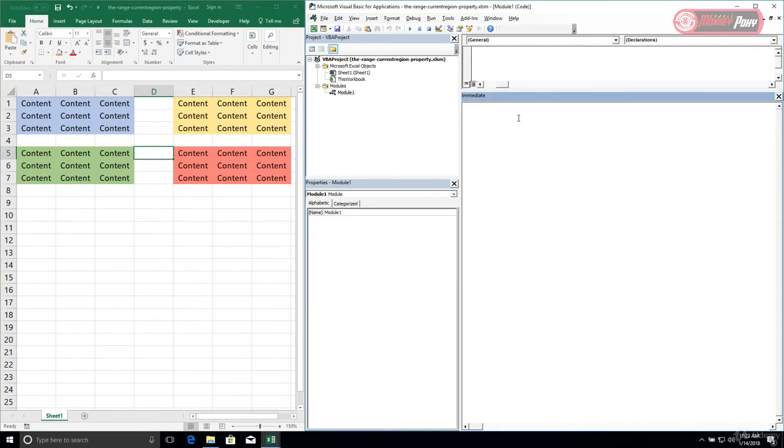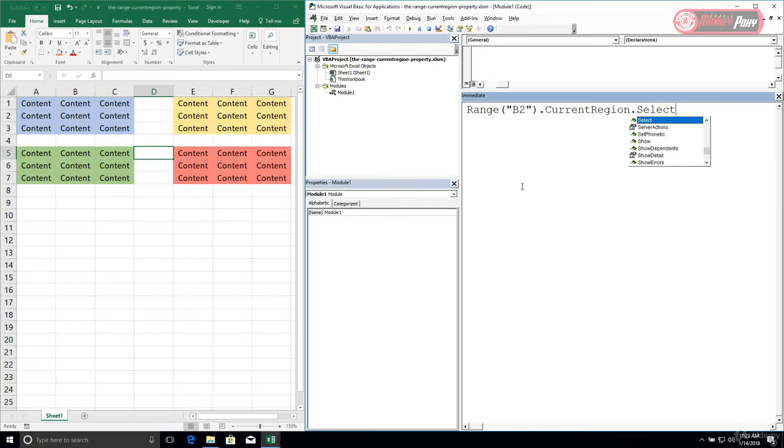What current region is going to do is look for the boundaries of a given range. So no matter where we start, it's going to move in all 4 directions, north, south, east, west, and look for wherever that range concludes. And of course, the conclusion is wherever it runs into an empty cell. So for example, if I begin at range B2, and I access the current region property right here, that's going to give me a brand new range object, and I'm just going to call the select method on it